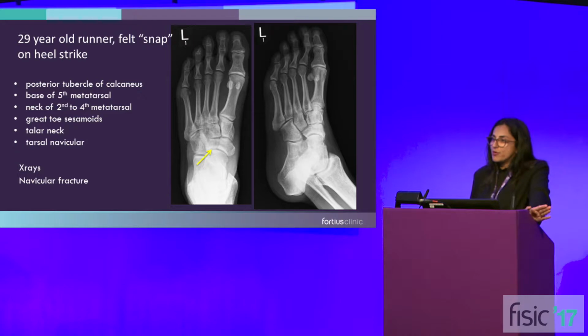So I would look at the radiographs and I'd quickly go through all my areas where I expect a stress fracture and scrutinize them quite carefully. Base of the 5th metatarsal is one, the great toe sesamoids, talar neck. And indeed, this patient has this navicular fracture, which you can see there, lucency through the navicular, articular step deformity, quite a potentially disastrous injury.